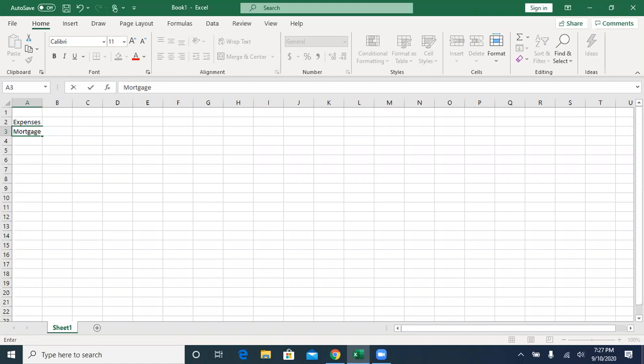Again, realize you're number crunching, but you can insert an incredible amount of text in a cell and then format it as such, as boxes, as text boxes. But right now we're going to do what's referred to pretty much as a simple table with labels and numbers. So I'm just going to put a few things down here that you may have to pay for. Notice as I type,